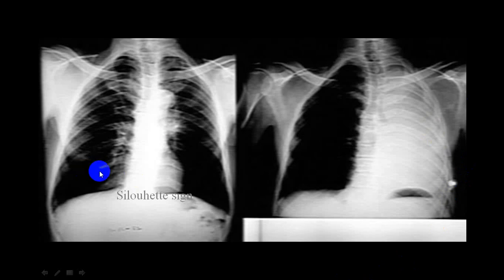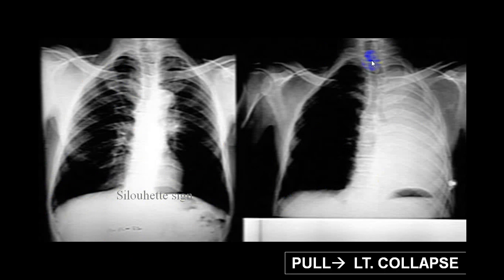Now if you look here on both sides, there is a little radiolucency, and if you look at the dome of the diaphragm, this dome and this dome are almost at an equal level. Ideally the right dome of the diaphragm has to be a little higher compared to the left dome, at least one space higher. So bilaterally the curvature is almost lost. They are almost nearly flat. This will be because of increased volume of the lung, and that we call emphysema, or we can call that COPD.